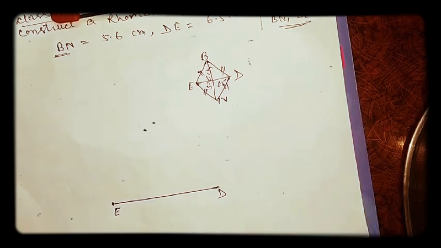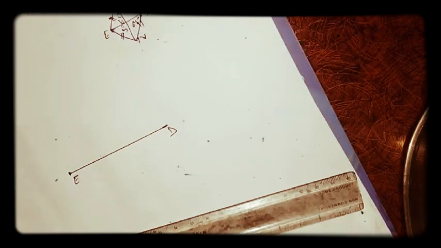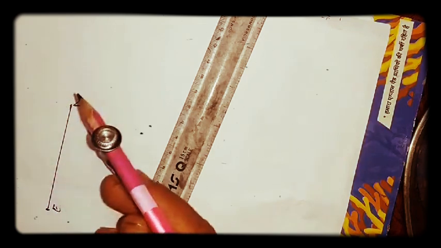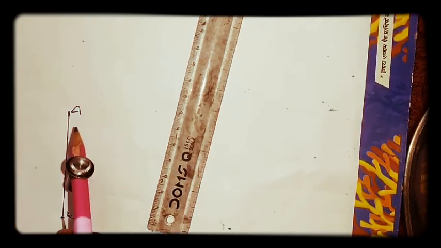Now what we have to do, diagonals are perpendicular bisectors. Perpendicular bisector means if I am drawing the second bisector, that will be perpendicular to it, so I have to bisect this. So more than half of this I have to draw the perpendicular bisector of this line segment ED. Okay, now how we'll do, more than half of this ED,